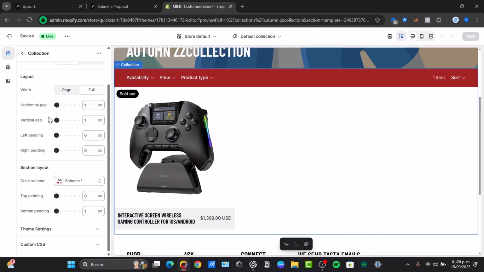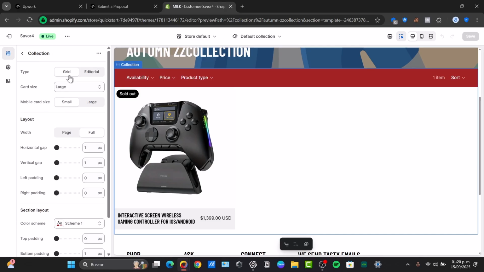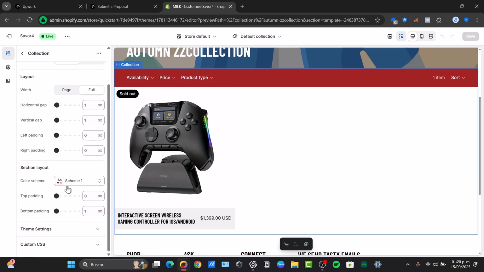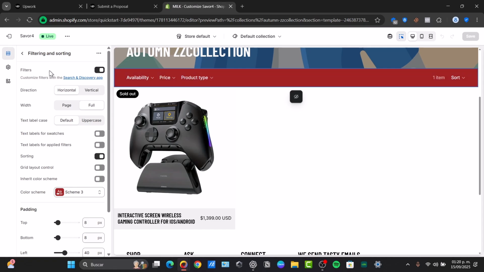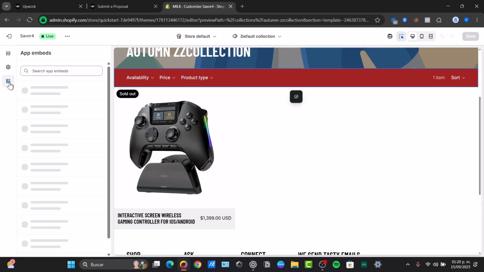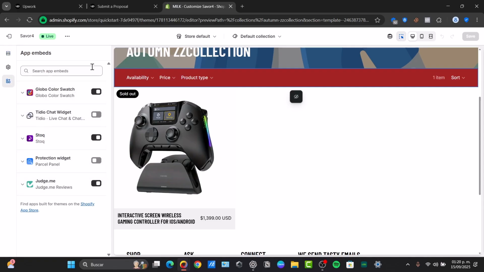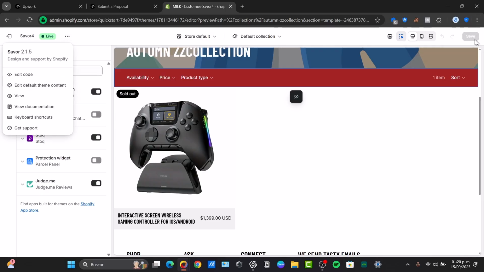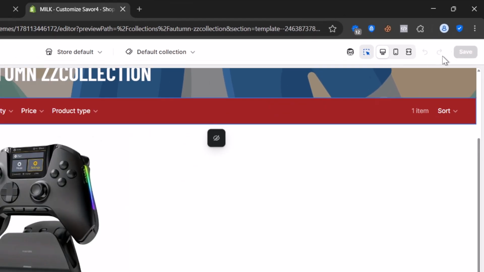So then in the left-hand sidebar, find the section that contains your product grid. It might be called collection grid, for example. In my case, here it is, type grid. Then look for the setting that says enable filtering. It's usually somewhere around here, but in my case, the filtering and sorting is enabled. So as you can see, here it is. Make sure that when you click into app blocks, Search and Discovery is appearing in here and is currently active. Hit the option that says save right here in the upper right corner,